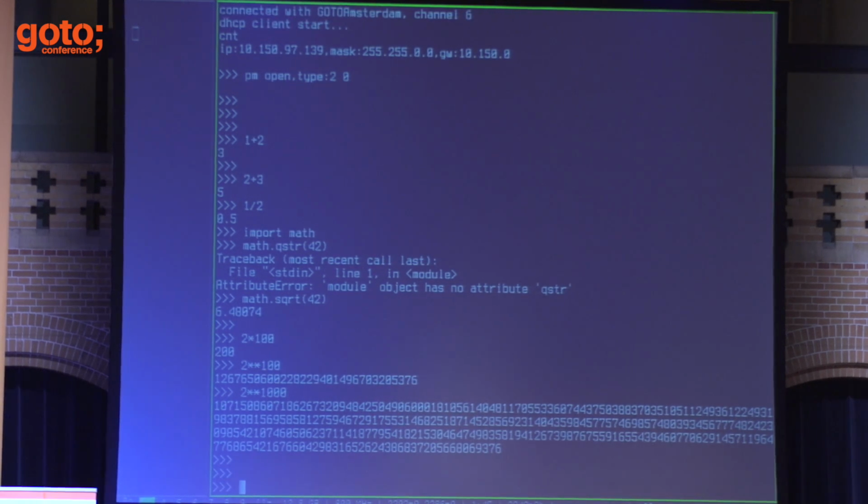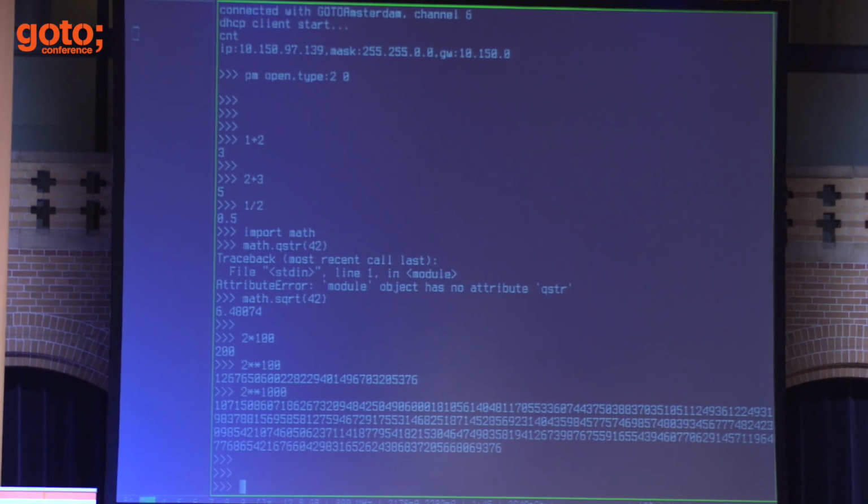MicroPython is not full Python, because otherwise it wouldn't fit. The aim is not for MicroPython to compete with normal Python. The aim is for MicroPython to allow Python to run where it couldn't run before. So in some cases we have to sacrifice some features, and a lot of the standard library that you normally expect with Python is not there. But nevertheless, I think the language, the syntax is still